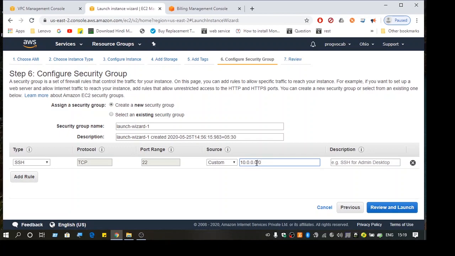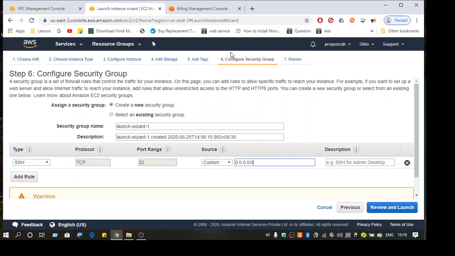So the security group will allow. To remember this, you can understand the calculation as 32 minus the number which you see after the slash. So 32 minus 0 is 32, and just take the result and put it on 2 power. So 2 power 32 IPs can access this instance.